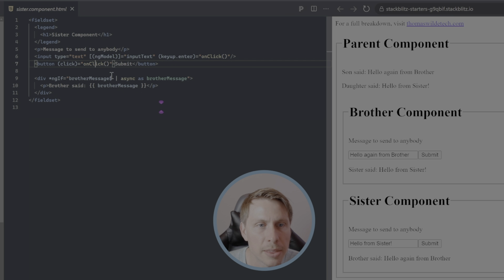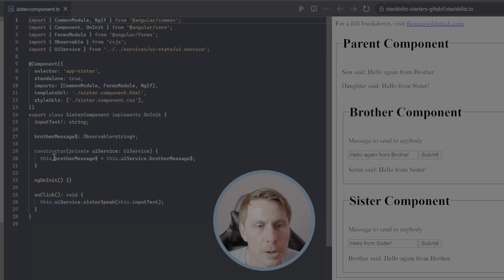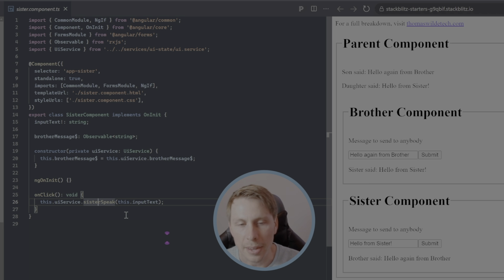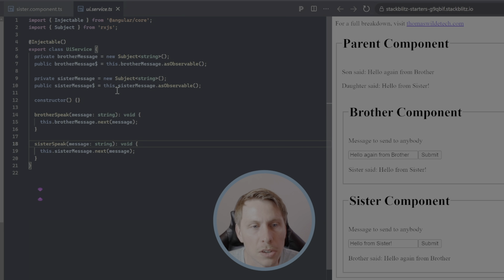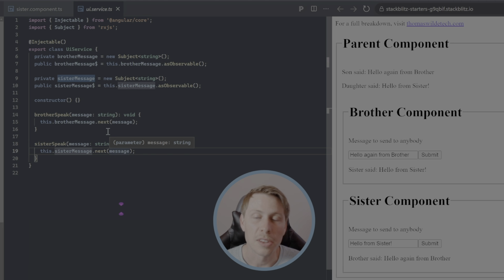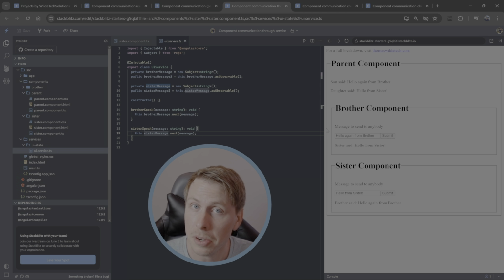And then when we hit that on click button, all we are doing is we have that UI service, and then we're going to invoke that method to update that observable within the UI service. So that's with that sister speak function. So we pass the new message here, and then we just basically update the observable with the next value. So that's how we do communication